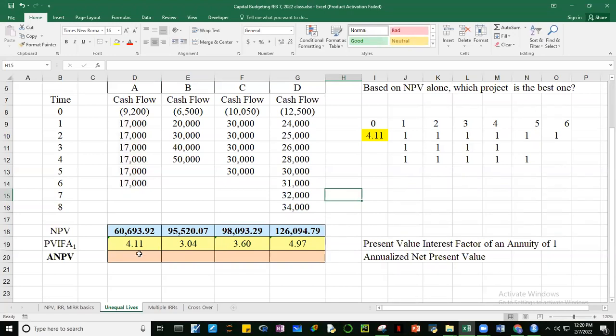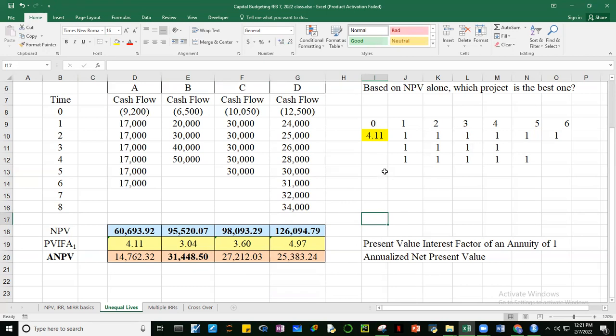Okay. So once you have gotten that, guys, pwede na natin i-annualize yung net present value by dividing the net present value with the interest factor. Okay. There you go. So ginagamit lang natin to, guys, i-annualize natin kung hindi magkakapareho yung life ng project. But if they're the same, well, no problem. Kung ano yung lumalabas sa NPV, yun na yun. So based on this, guys, sinong project ang pinakamaganda? Based on an annualized, sorry? Yes, correct. It's project B. Tama, no? Kasi highest na net present value siya.